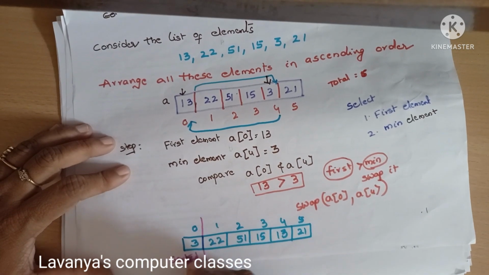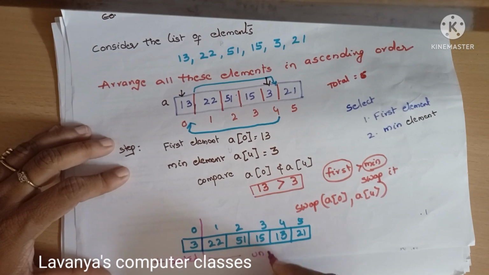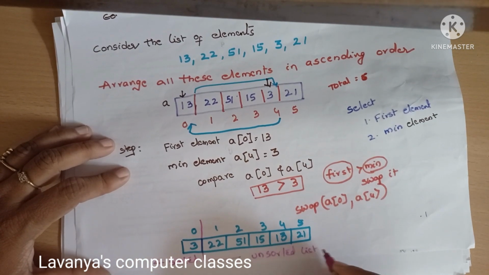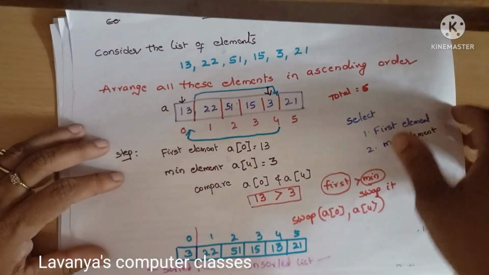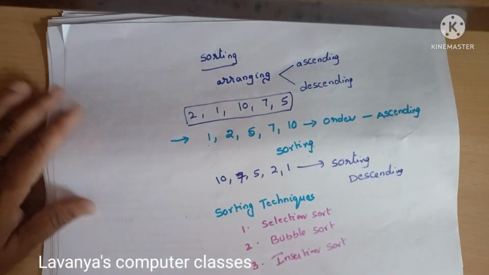So then it is divided into two places. This is the sorted list and this is the unsorted list. Okay, then we leave it. Then we go for step 2. In step 2 onwards,